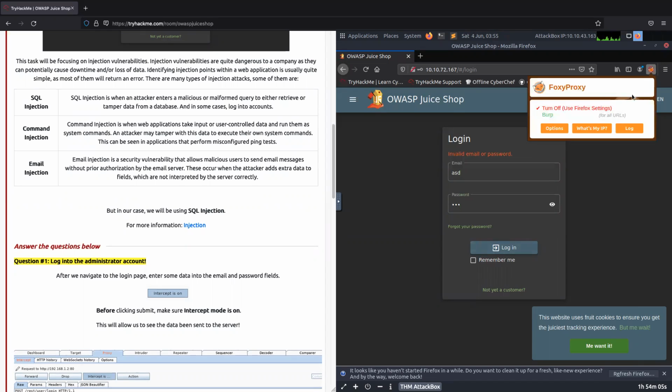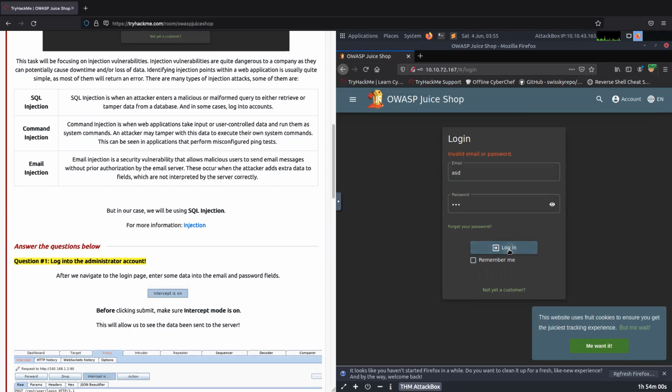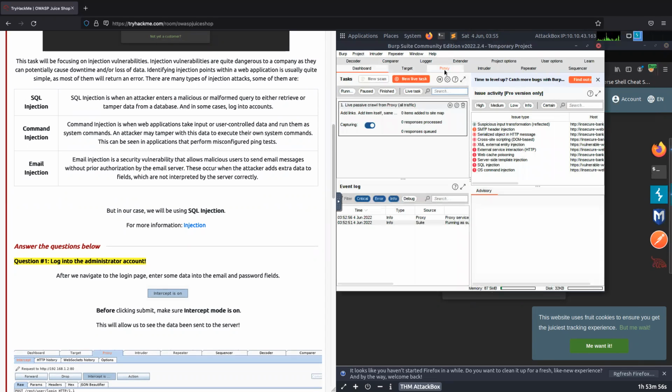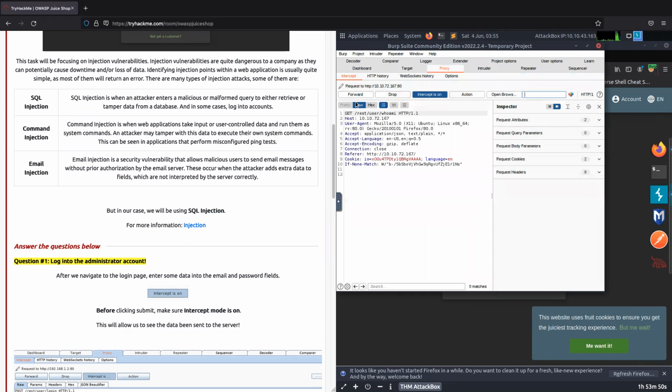Oh, let's turn our proxy on. And let's go back to Burp Suite. Go to our proxy in our dashboard here. There's our tabs. Click proxy, and then we're going to forward. And we're going to input